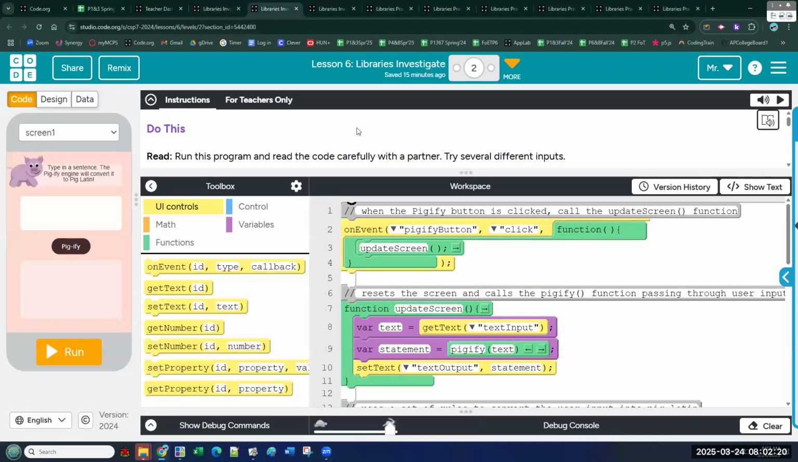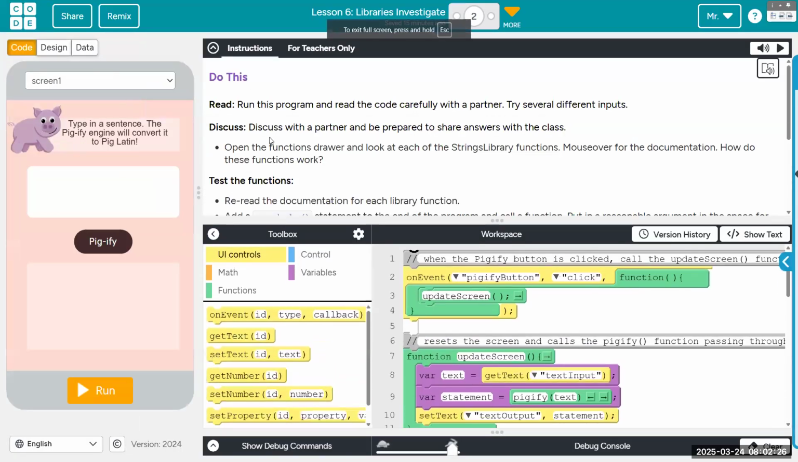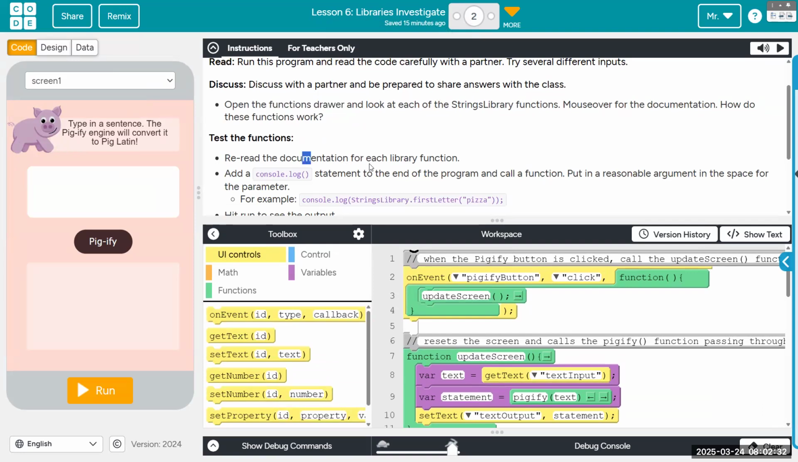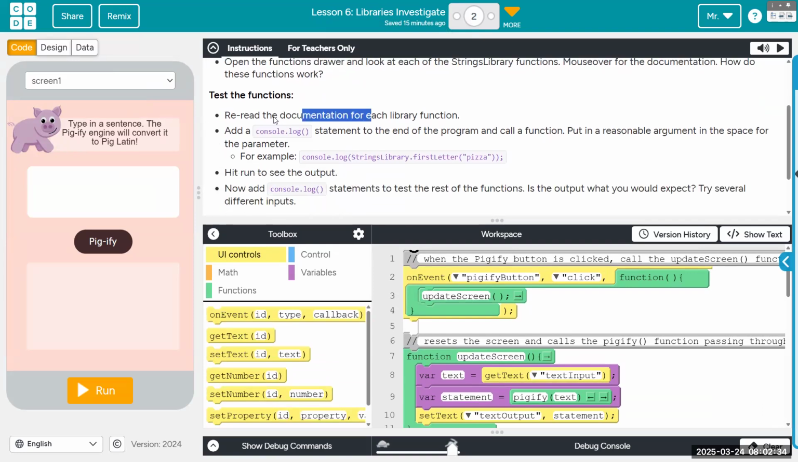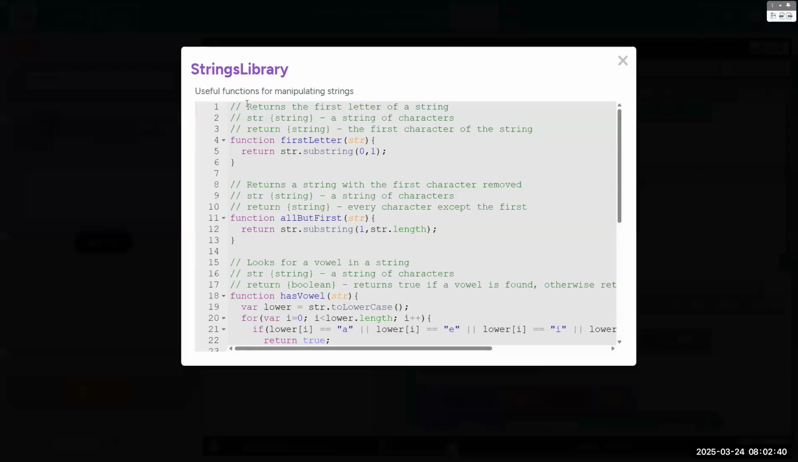Let's go to Bubble 2 from the same unit. Okay, run the program, read the code, and try different inputs. Discuss with a partner, prepare, functions drawer, strings library. Okay, so let's look at the actual program and the library. It already has this bubble, lesson 6, bubble 2. Yeah, 6.2 is